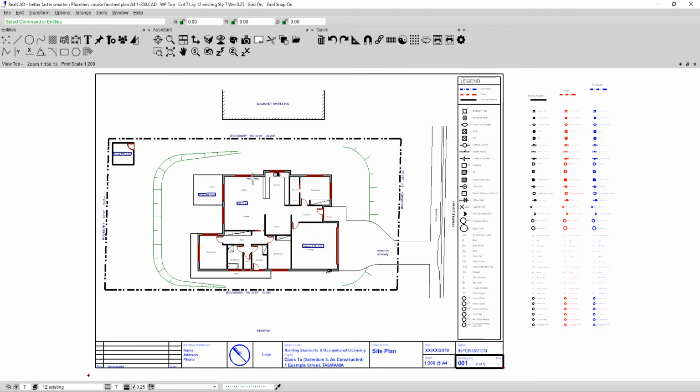Now, in the real world, this won't be a finished drawing. You'll probably just have a thumbnail sketch that you've done on site or some data that you've collected on site, and you'll be adding your information based on that. So your screen should look very similar to mine,